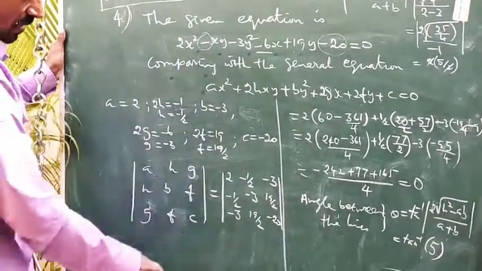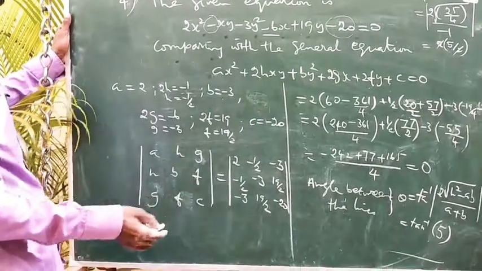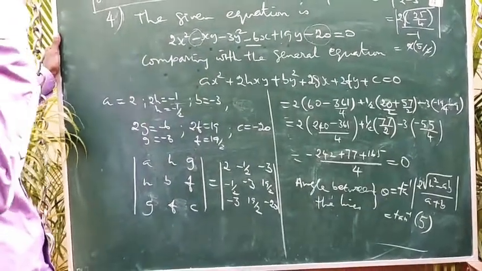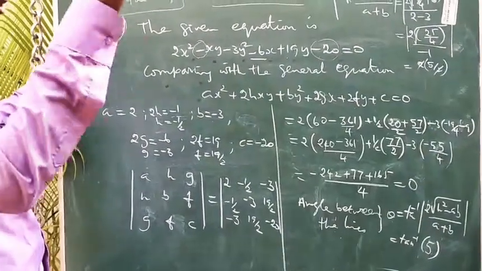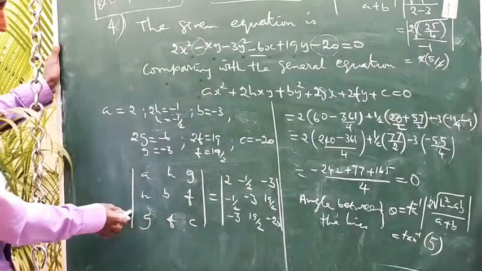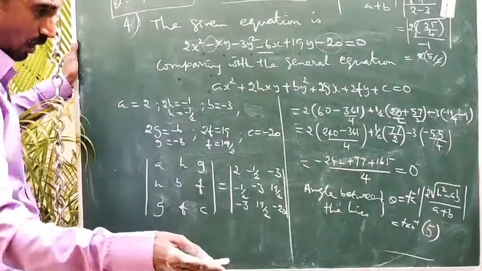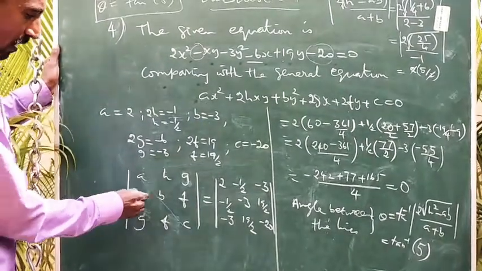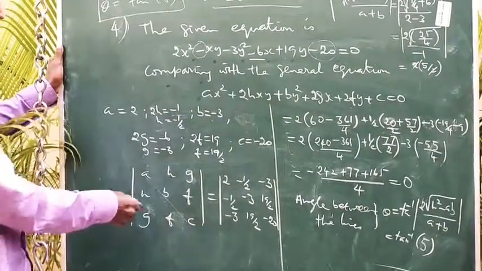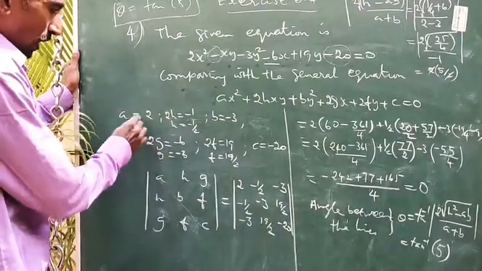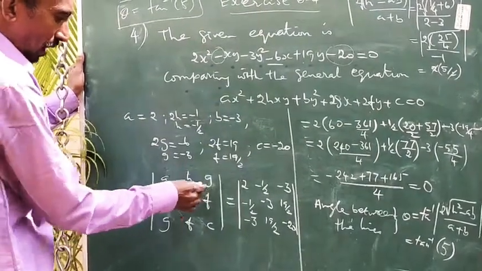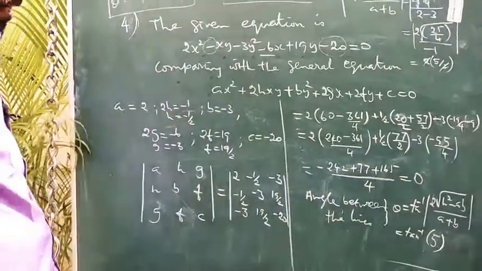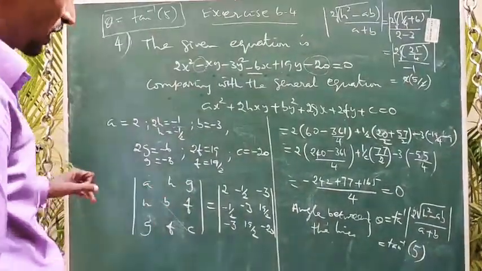So check the condition. Either we can apply the formula abc plus 2fgh minus af square minus bg square minus ch square equal to 0, or the determinant. Okay, I already told you how to write it easily. Write the leading diagonal as abc, then hh, gg, ff. We can get the formula easily. So put the above values a, h, g, b, f, c in the determinant and expand the determinant. I think you all know how to expand the determinant.